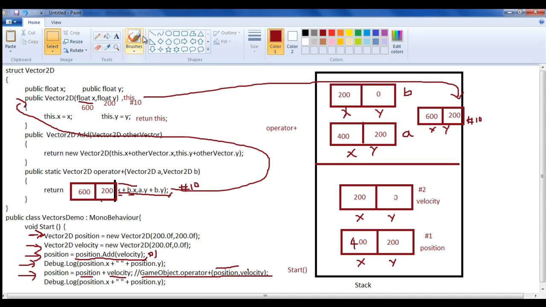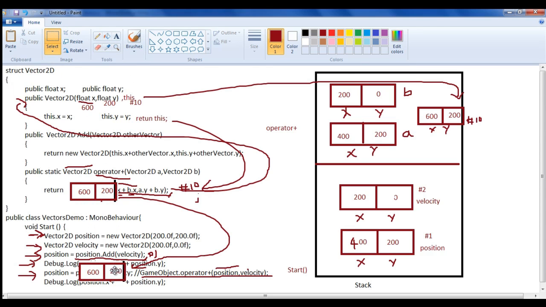Understanding, right? It will return back over here, and this operator plus method is going to return us a Vector2D, that is this memory block only. So this memory block itself is returned back in this place, guys.